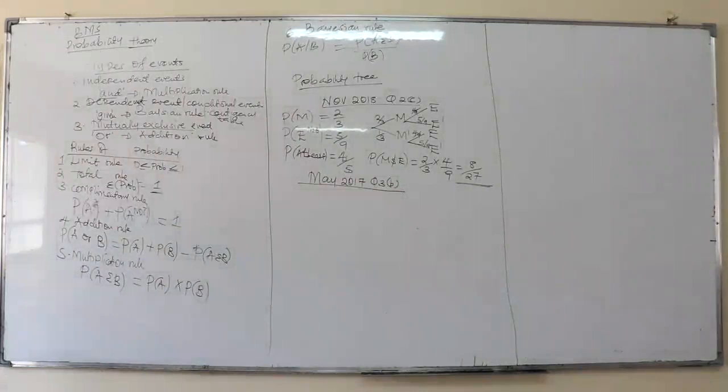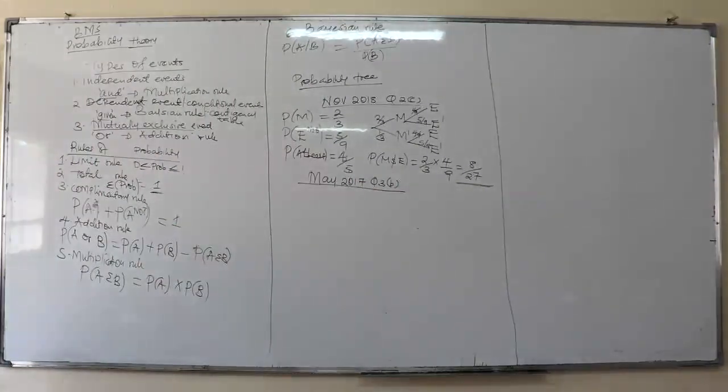Question number 3B, May 2017, question 3B. Now, this is what will be given there, that the probability of A winning a game